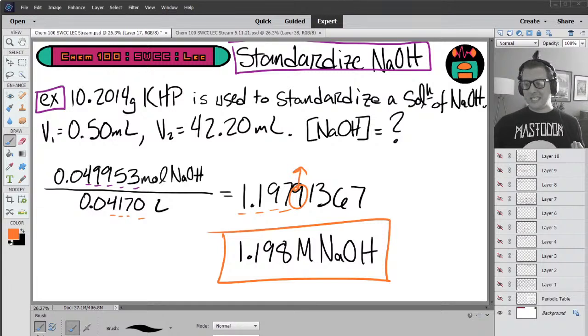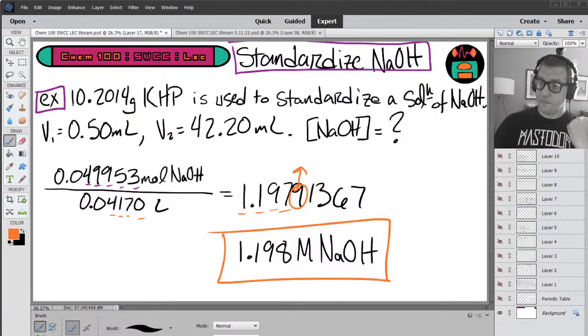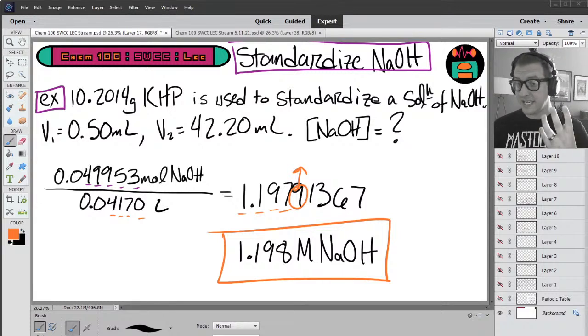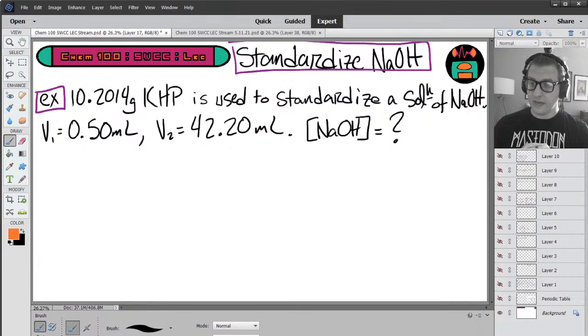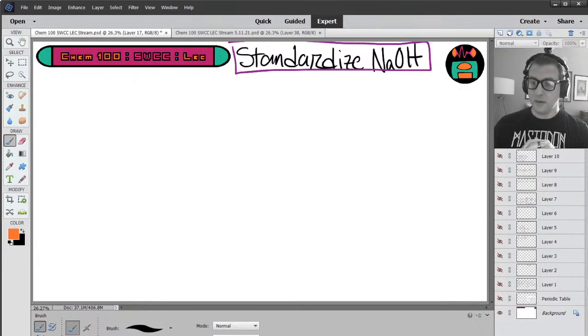Now, the second stage of this, we're going to use the molarity of sodium hydroxide that we calculated here to determine the percent mass of acetic acid in vinegar. And we're going to do that by solving the following problem. But first,